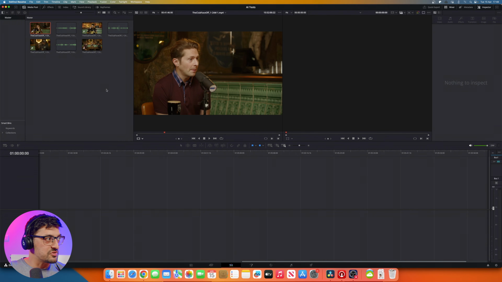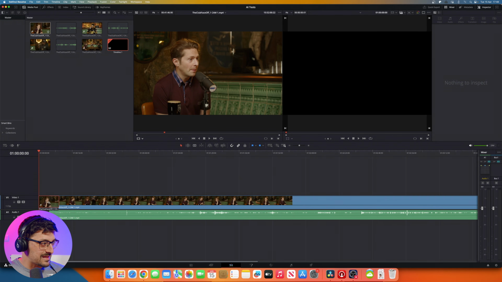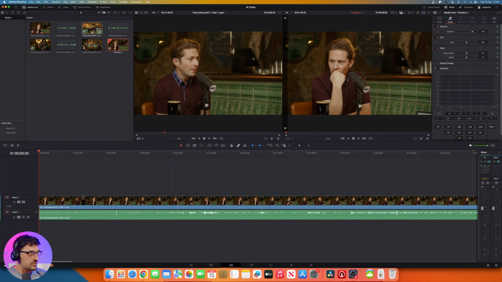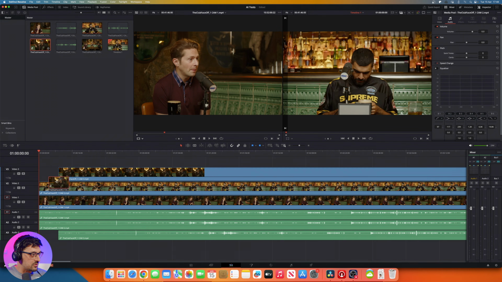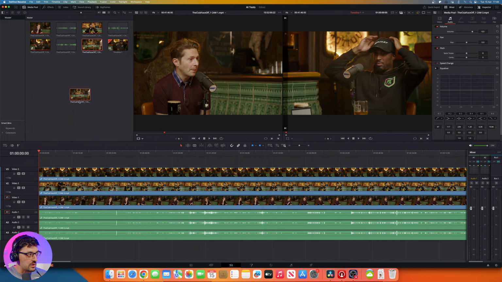Now, what you would traditionally think of doing is actually creating a multicam clip right off the bat, but we're not going to do that. We're going to do something slightly different here, because this is how I best found it to work. So actually, I'm going to just drag in all of the individual cameras. So we've got cam 1, cam 2 onto track 2, cam 3 onto track 3, and cam 4 our wide